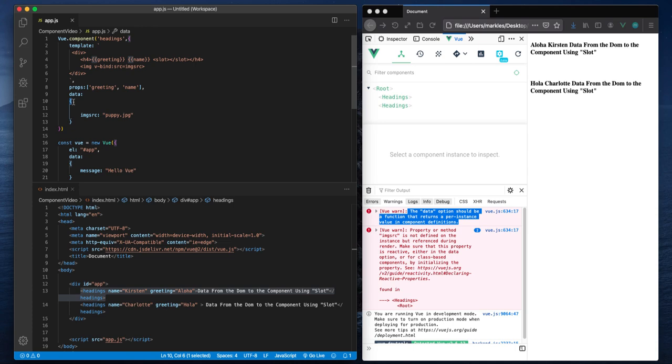I think I've got too much going on here, so I'm going to remove those brackets. Oh, I think the brackets stay there. I'm making this confusing. All right, so data has to return, data has to be a function. Sorry, I get wrapped up in all the syntax as well. Data has to be a function